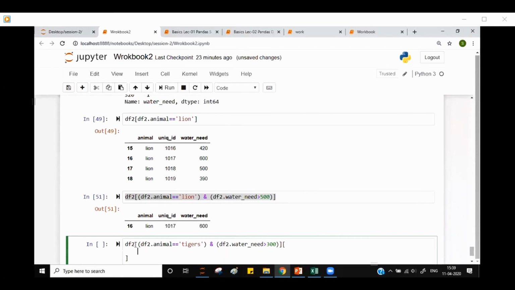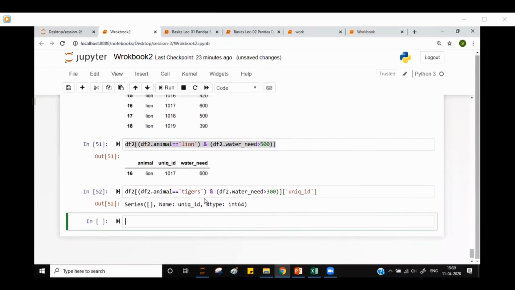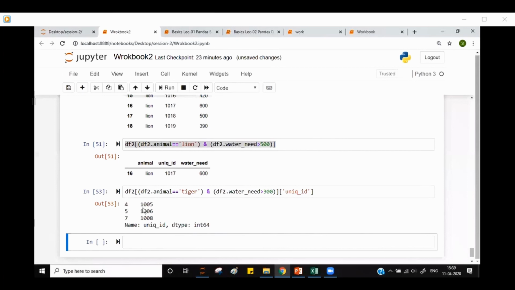So I will mention unique underscore ID here. Okay, tiger. So we got all the tigers whose water need is greater than 300 and it is currently displaying their unique ID.